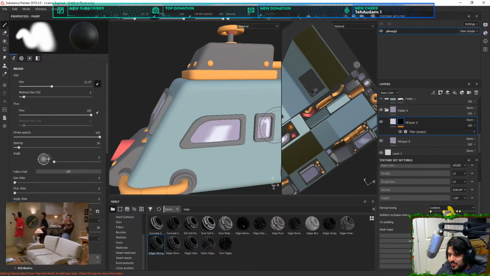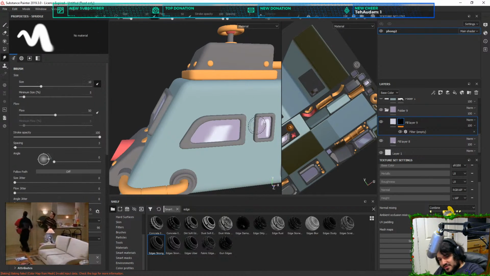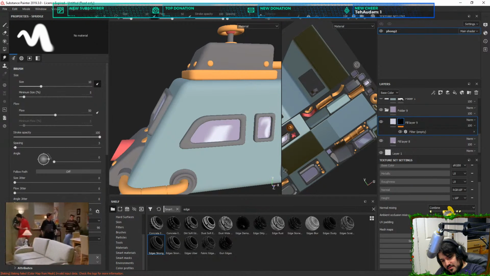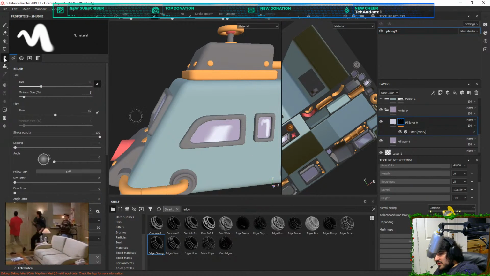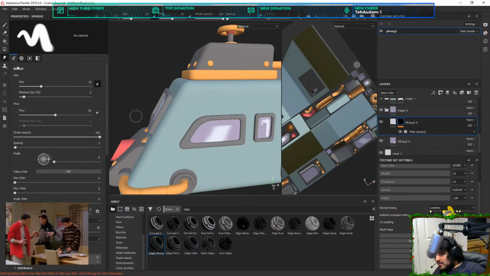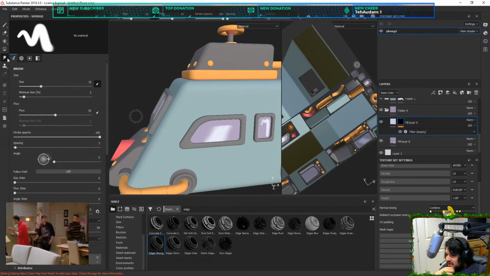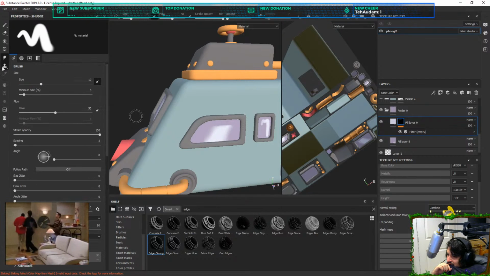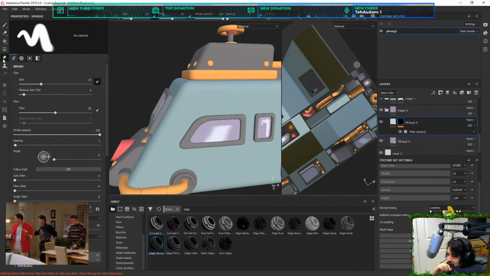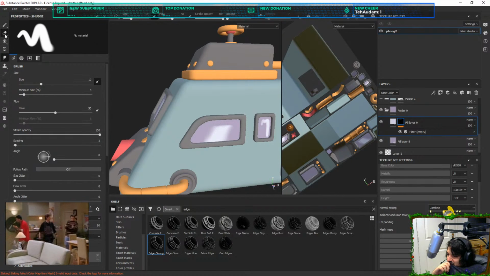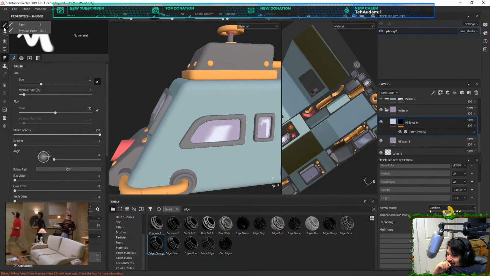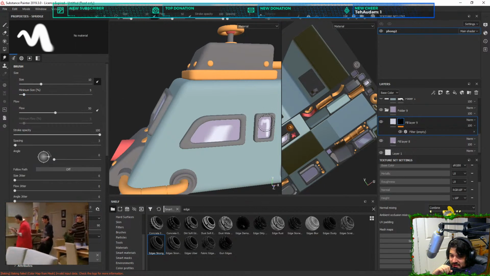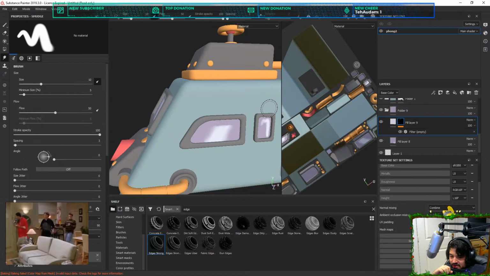Is there a blurred smudge? No. Oh wow, smudge kind of works. Not at all I want though. There's got to be a blur tool, right? There's a smudge tool. Is there not? Clone, yeah, clone's fine. Nah, I can't believe it. Is it actually not? I guess I'll just do like a smudge then. If I move it slightly, it'll start blurring it anyway.